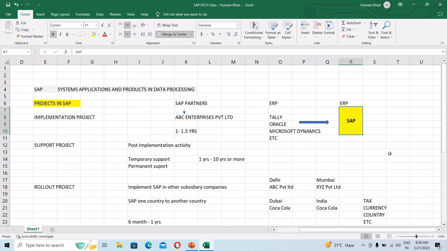SAP partners are basically those who provide SAP services, as in there are a number of companies available in the market who provide SAP implementation, SAP support, or the complete SAP service. So this company, ABC Private Limited, would get in touch with an SAP partner and say, I want to use SAP ERP software in my company, so please suggest what is the best solution,